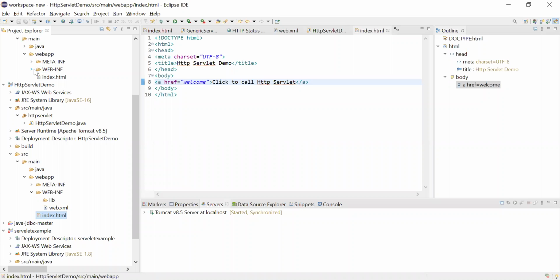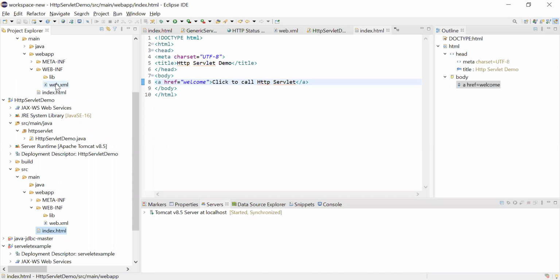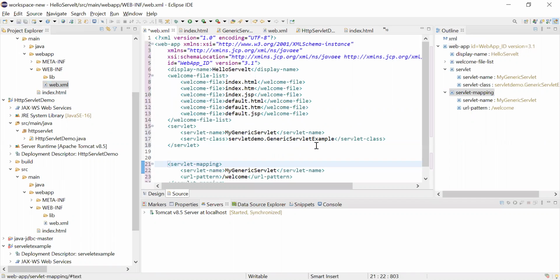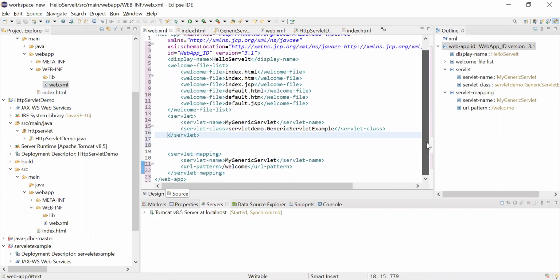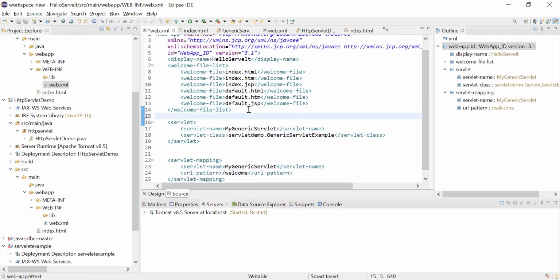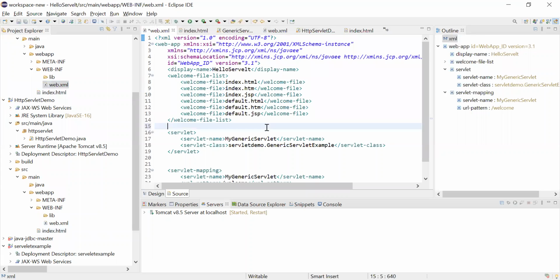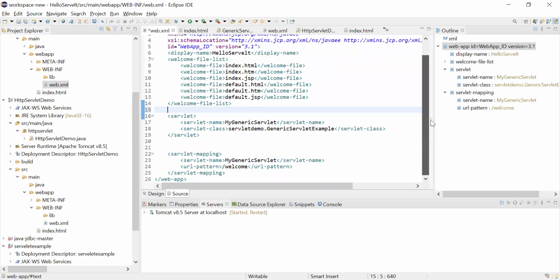So inside WEB-INF there is a web.xml. This web.xml is called a web descriptor file. Automatically this file will be there inside your web app. But this one you need to add on your own.